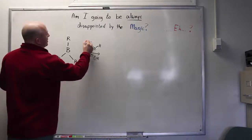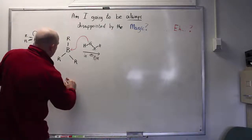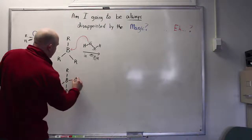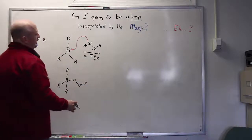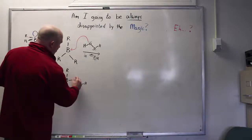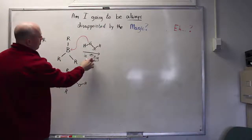And what happens is the peroxide comes and makes a bond to the boron. And this will not necessarily be an equilibrium step. I'm not going to worry a ton about the mechanistic details here, for reasons that you will see shortly. For instance, I'm going to skip the deprotonation step that must be happening. Again, this is more pseudo-mechanistic work. I'm not interested in showing you all the details. I am interested in showing you the big picture idea. Because we're doing this in base, maybe this added first and then became deprotonated, or more likely you just